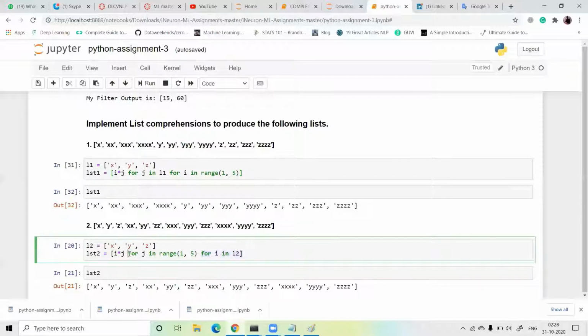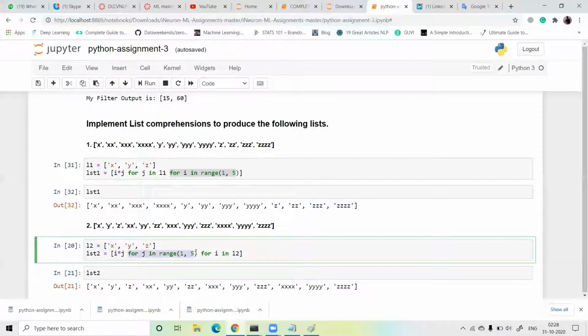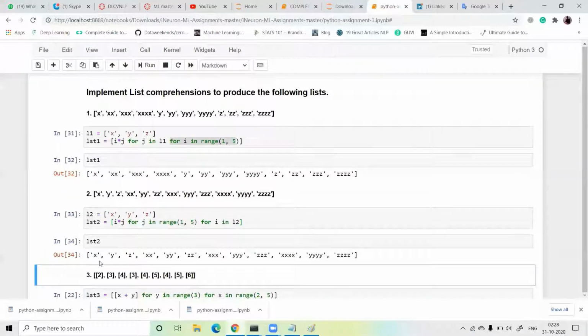Next is for j in range 1 to 5, and then I multiply i and j. See the difference between the first program and the second program: in the first program the range of 1 to 5 is the outer loop, but in the second program the j loop is range 1 to 5. Then I run this cell and see our output is the same.